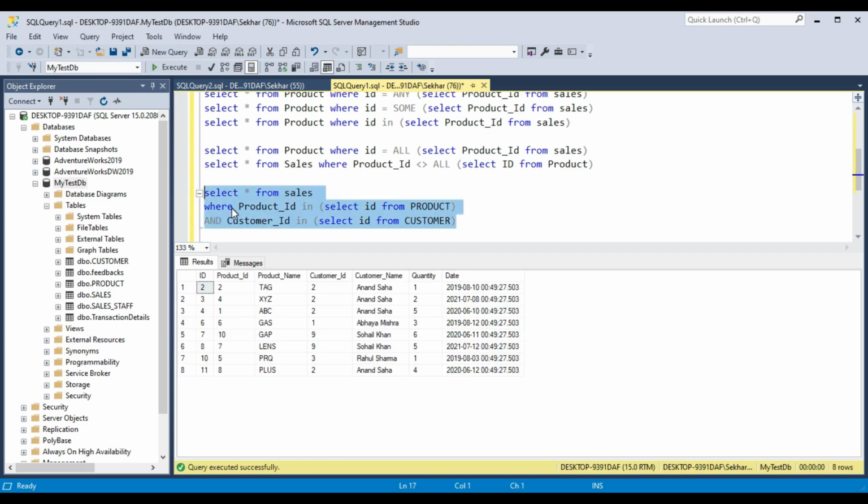What is happening here is each subquery is running first and it is passing the list of values to the column which we have mentioned here.